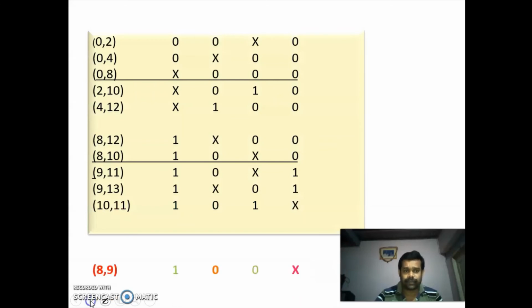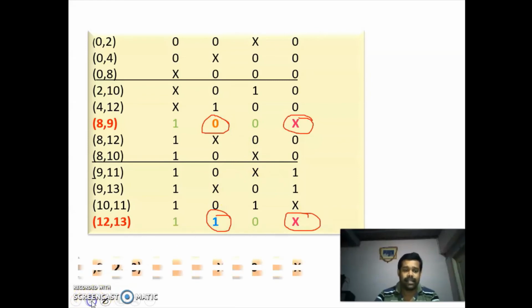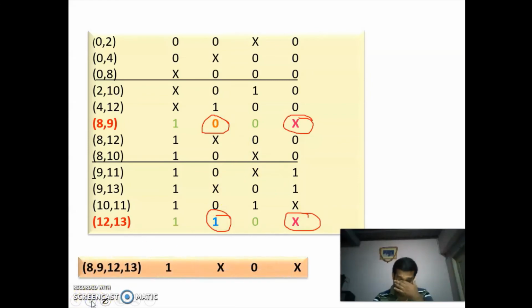you are comparing 8, 9 with 12, 13. So already I have done. Here you are having x, here you are having x, and only this variable is changing. So it is 8, 9, 12, 13. Okay, 8, 9, 12, 13. Okay, now